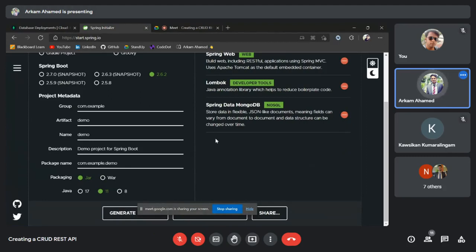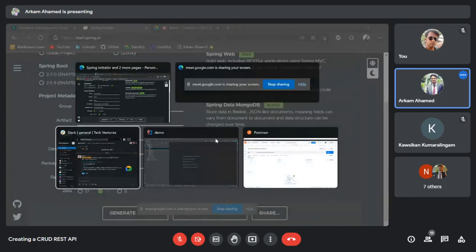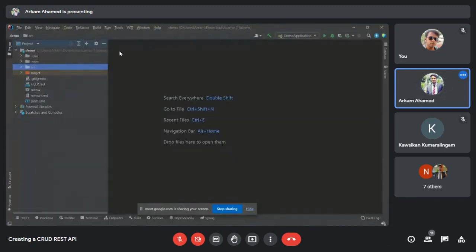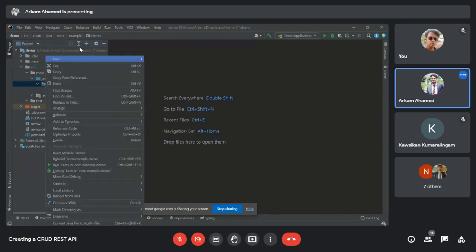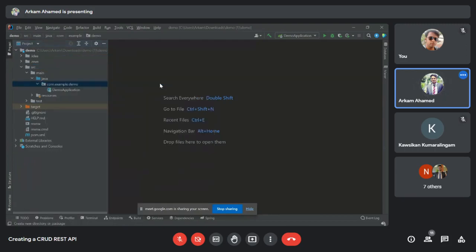So I've already done that and extracted it and opened it in my IDE, which is IntelliJ. So here it is. And then we'll have to go and create a package, DAO. What DAO means is data access object. In here only we will be creating our repository to access the database,